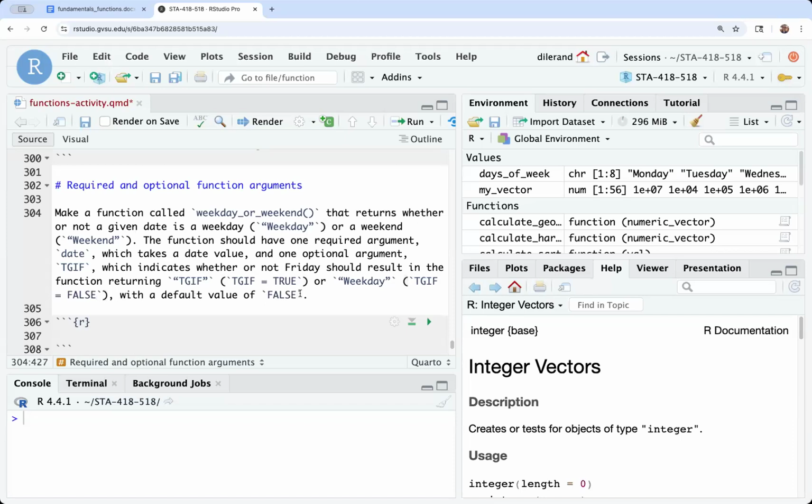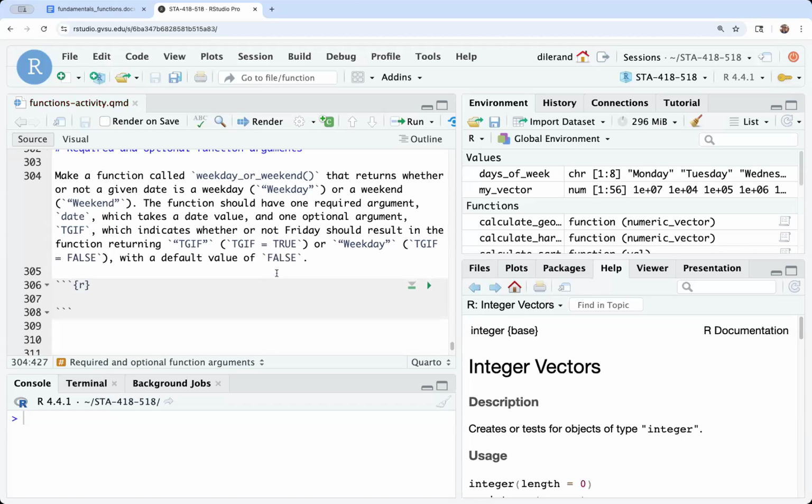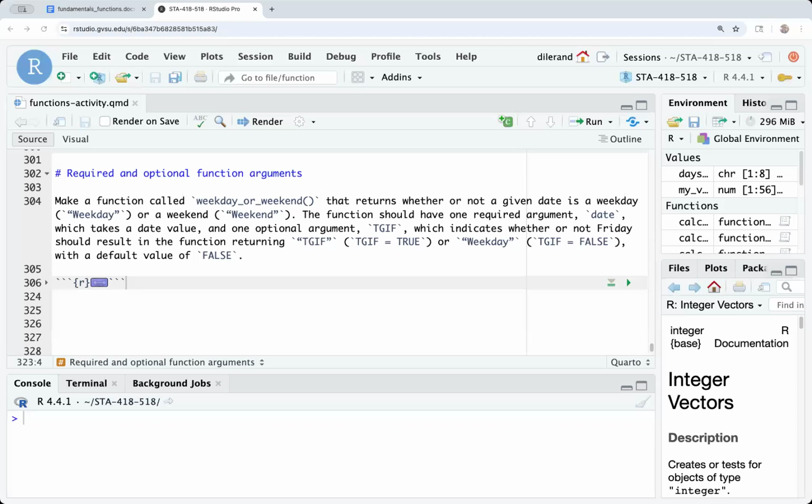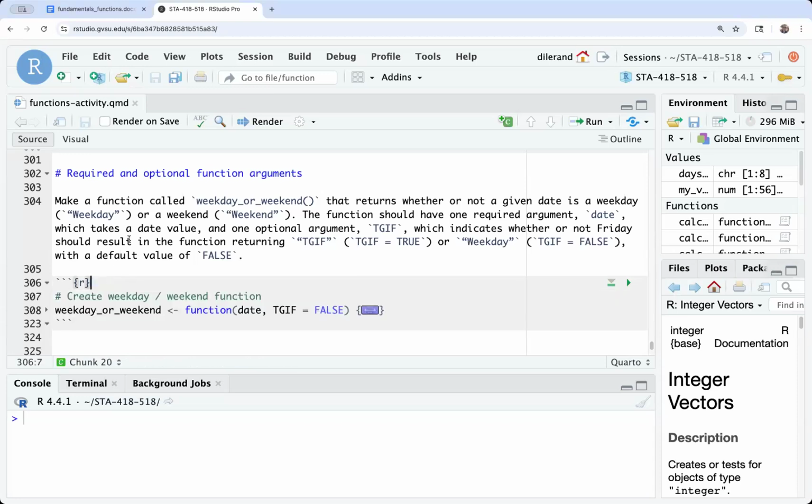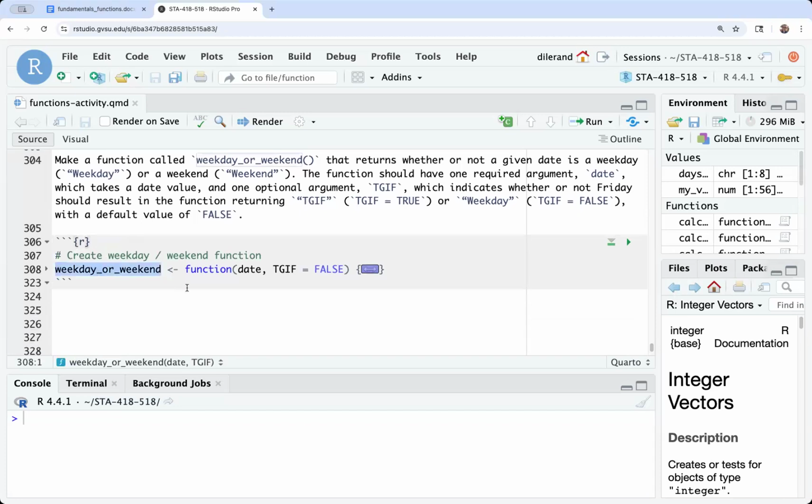And we'll have our function default to having TGIF be false. All right, so let's take a look at our function here, weekday or weekend. So in creating our function here, the required argument date, we typically give first. So it's usually best practice to give required arguments first. They don't have anything that they're equal to in the function definition, making these something that the user must specify